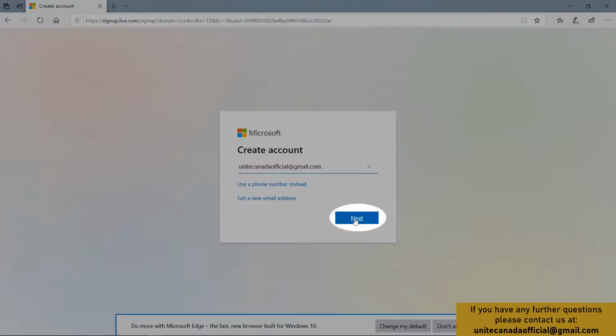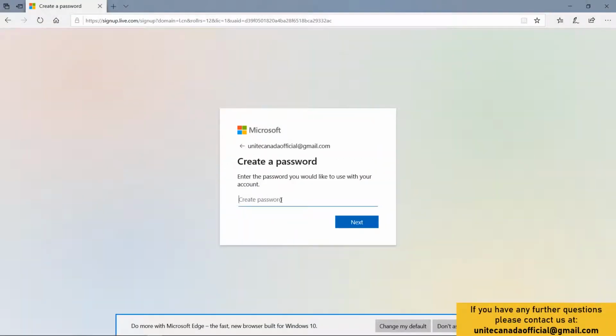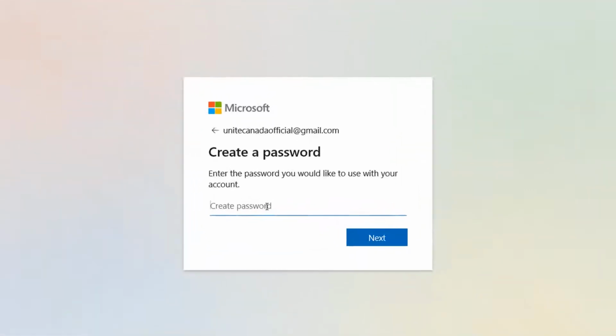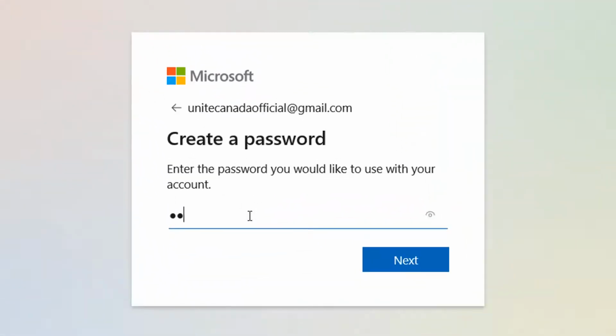You're going to go ahead and click next. Now it'll ask you to create a password. So I'm going to make mine Skype 1 2 3 4 5. Obviously pick whatever password you want. I'm using a pretty easy to crack one. Please use something a little bit more personal and advanced, but just for the sake of this video,